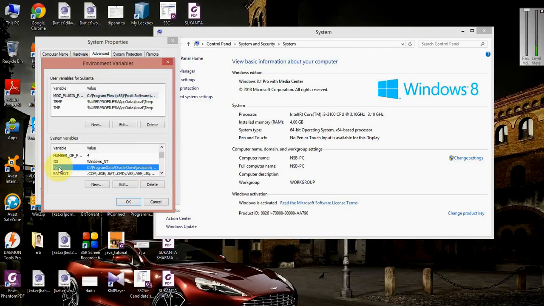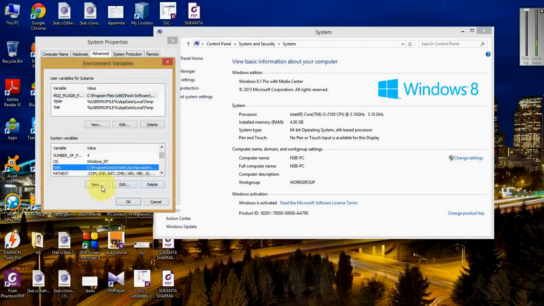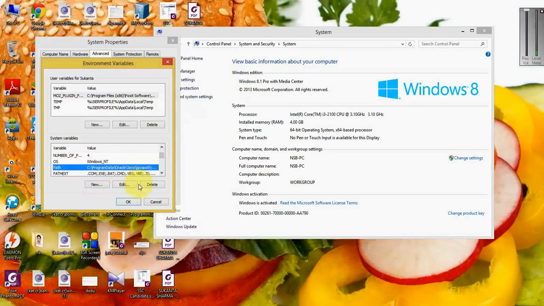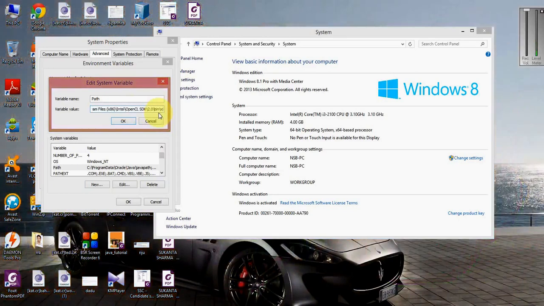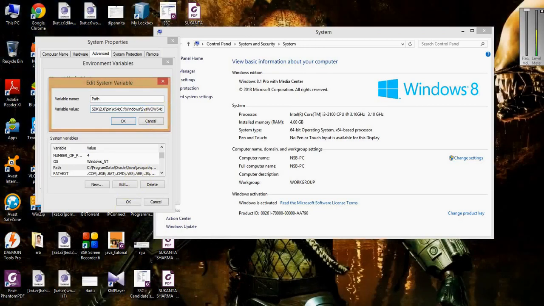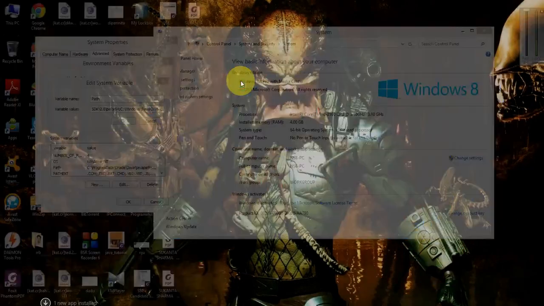If it is not here, by clicking on New, you create one, or if it exists already, that means it already has some paths, so you need to modify it. Just go to the end by pressing the End key on your keyboard, put a semicolon and go to your installation directory where your Java is installed.